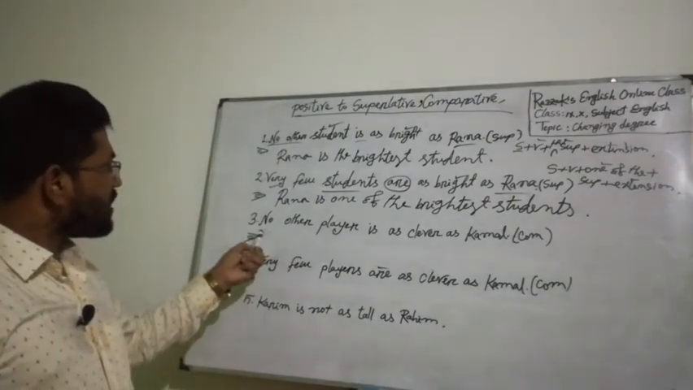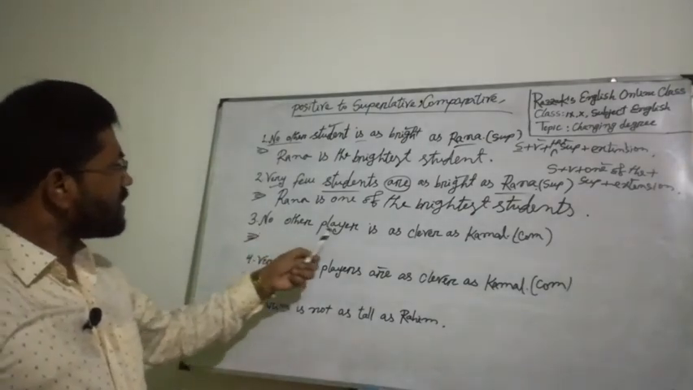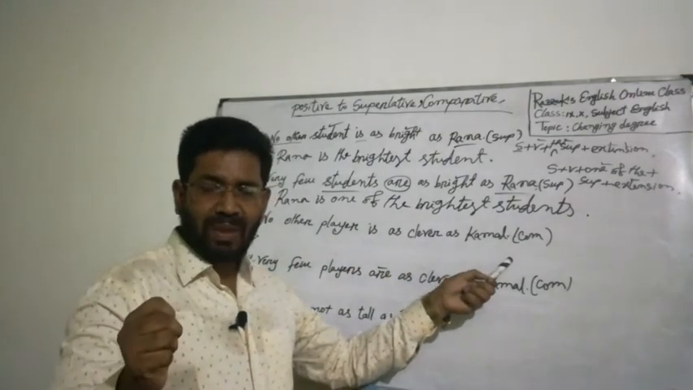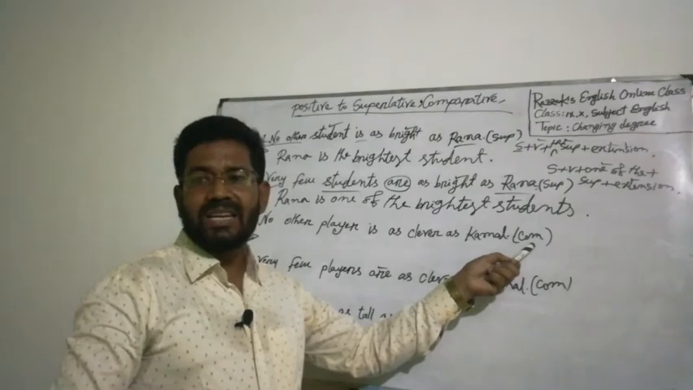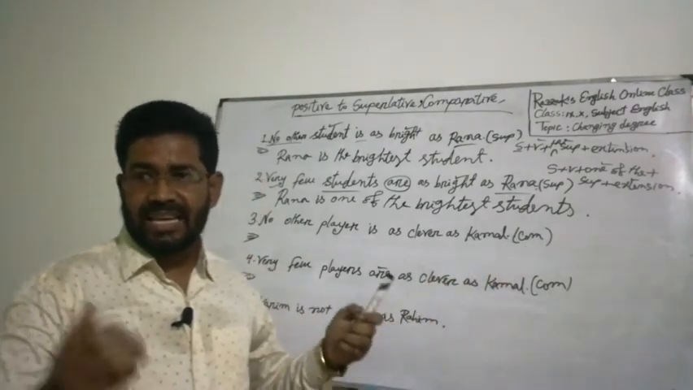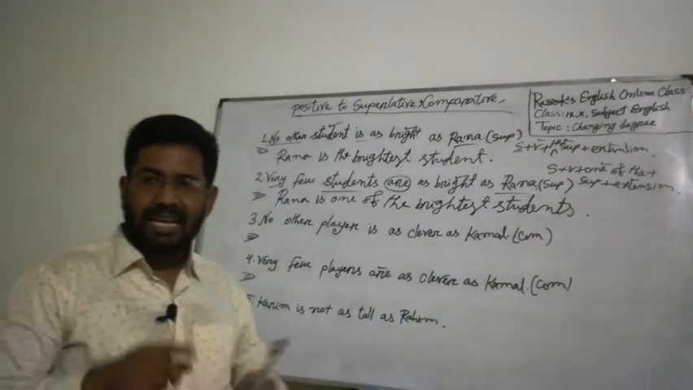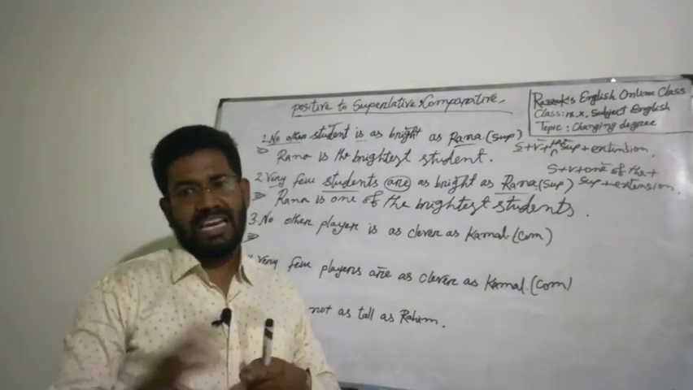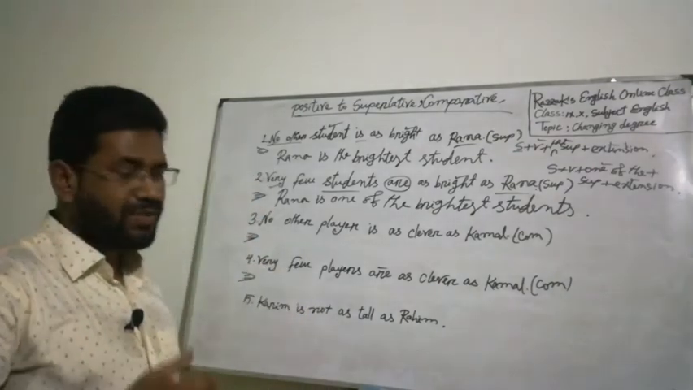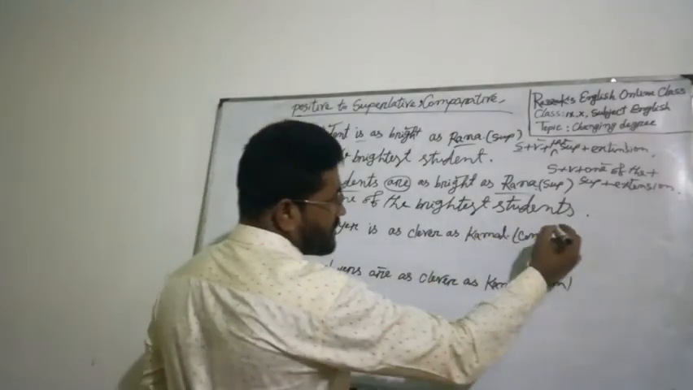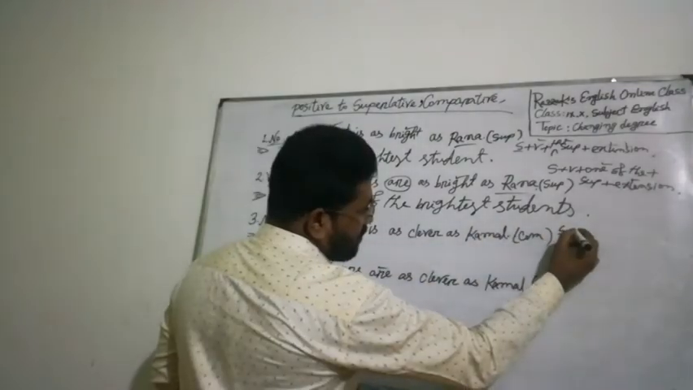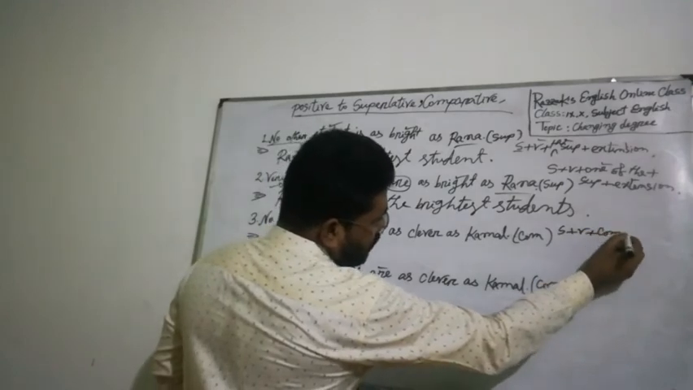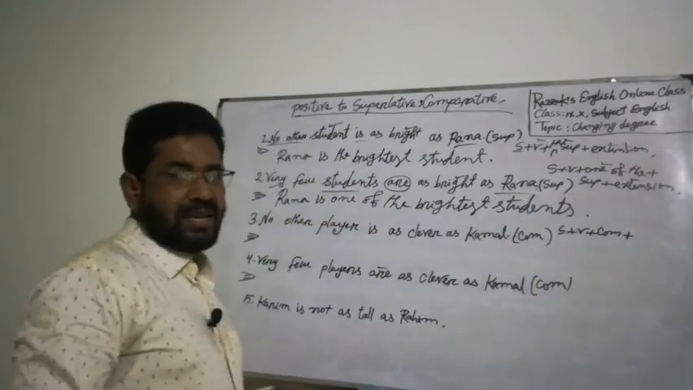Number 3. Dear students, no other player is as clever as Kamal. You have to make it comparative degree. So dear students, you should at first know the structure of comparative degree. Let me write the structure of comparative degree. At first you should write the subject plus verb plus comparative degree plus